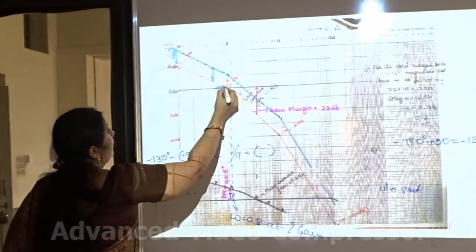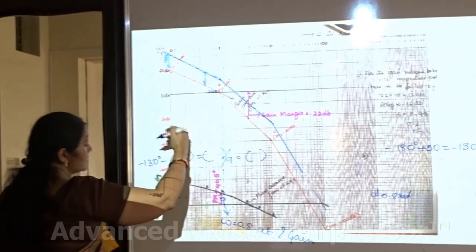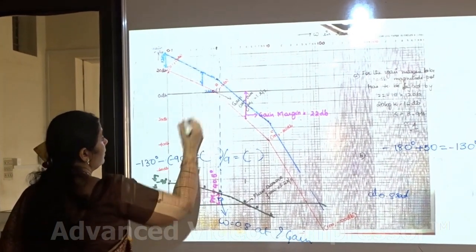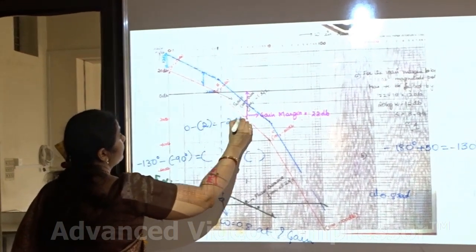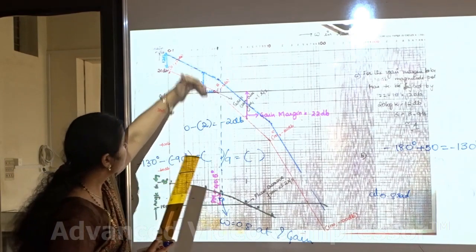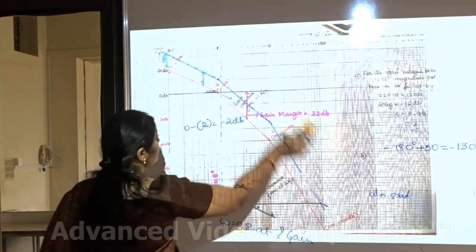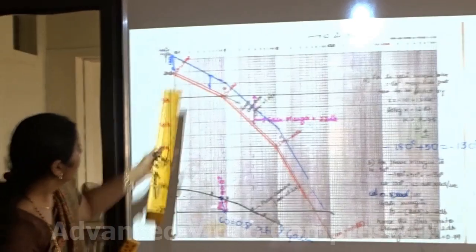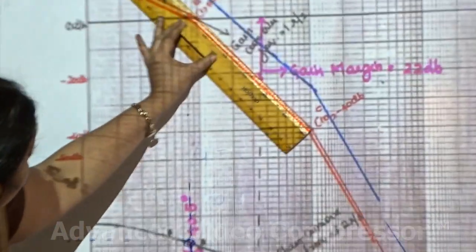Now you have to shift. In the previous case you shifted it up. In this case, what is the gain margin? What will be the gain here? It is going to be 0 minus of plus 2, that is minus 2 dB. So you have to come down by minus 2 dB now. You see, this orange line is the new plot. This was the original plot. We came down by minus 2 dB.